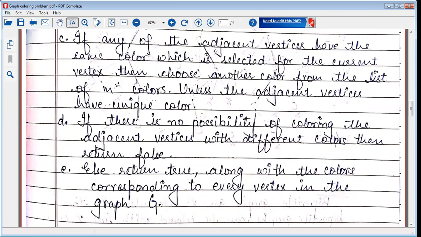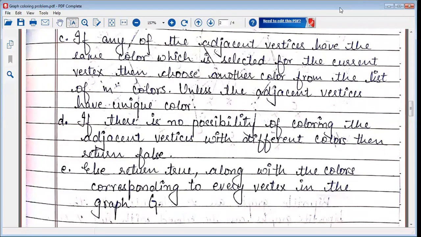If it is not possible to color all the vertices with the given number of m colors, then we say it is not possible to color the graph, and we return false. Otherwise, if the graph is colored as per the condition, we return true along with which vertex is colored with which color. So this is the brief about the graph coloring problem.